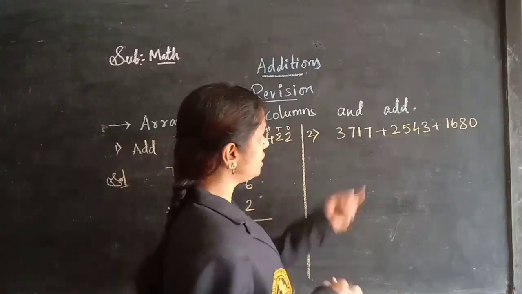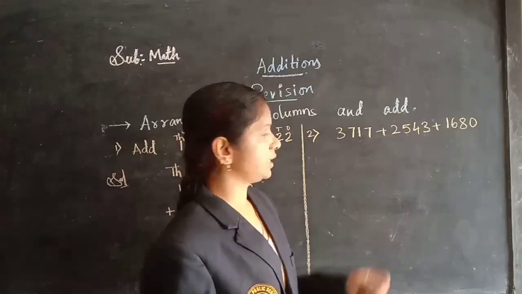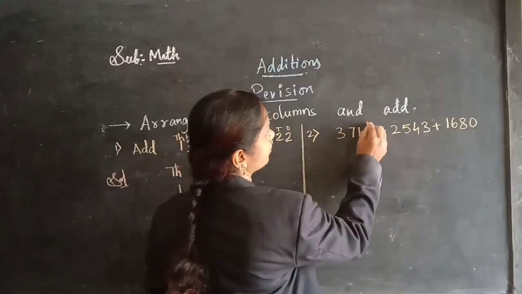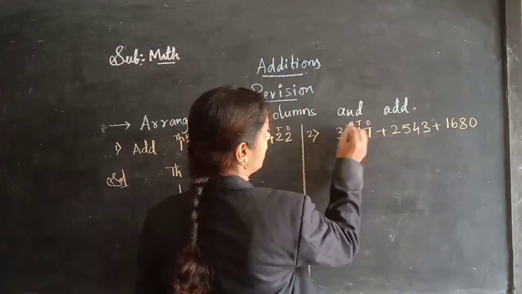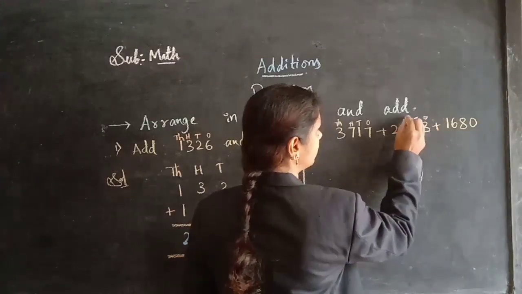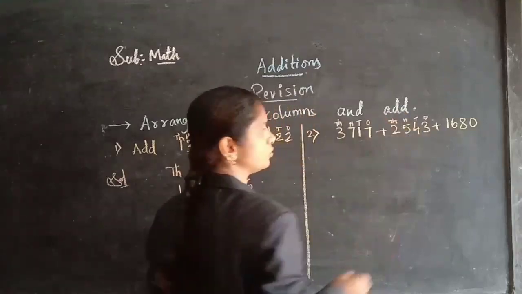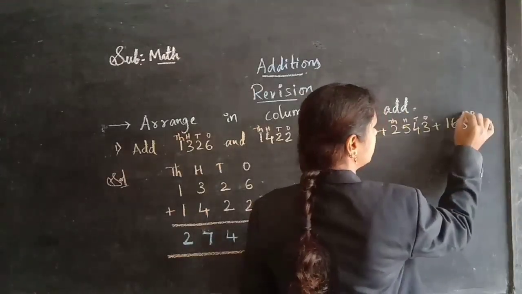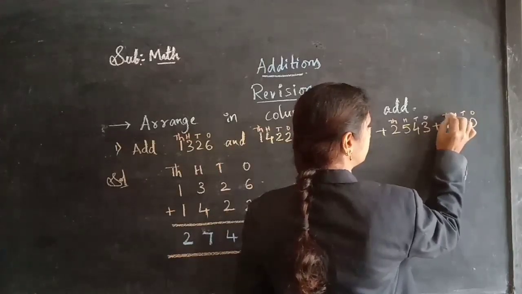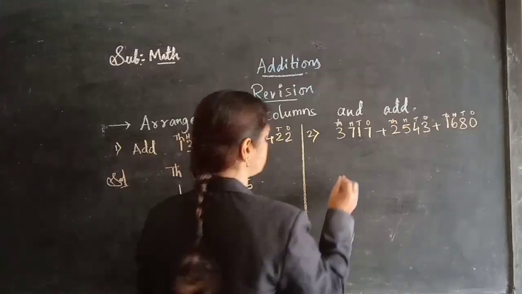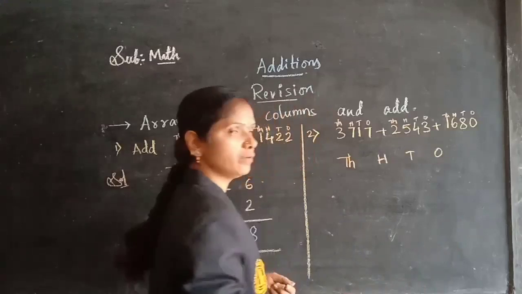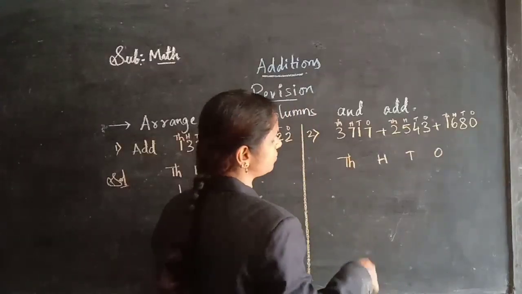Now let's arrange these numbers. Second number here. Let's arrange these numbers in column. Before that, first you write the places of the given number. Ones, tens, hundreds, thousands. Next, ones, tens, hundreds, thousands. Next, ones, tens, hundreds, thousands. Come on, write the places, children, here. Thousands, hundreds, tens. Once we have in the given numbers, come on, let's arrange those numbers in columns.